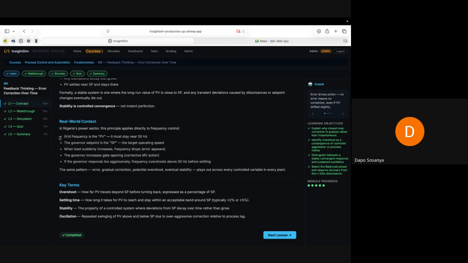So the grid frequency is the PV. I mean, the grid must stay around 50 hertz. So when we say we have grid failure or whatever, what do we call that thing, when the grid goes down, what do you call that event? Grid collapse. So whenever we have grid collapse, there is a wide deviation from this 50 hertz, right? So the governor, not the political governor, but the governor is a controller, you know. So we put a